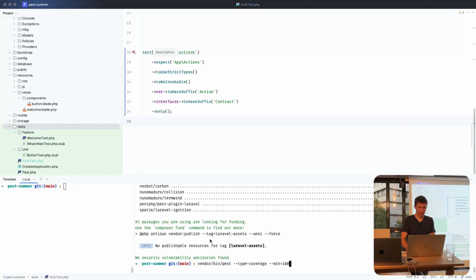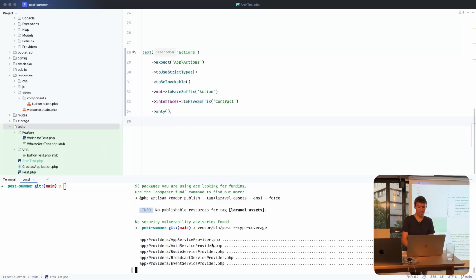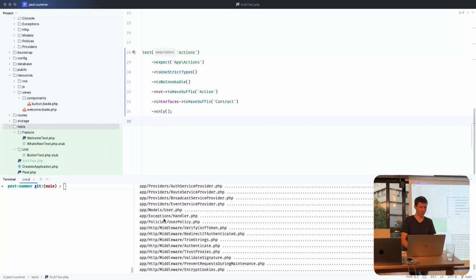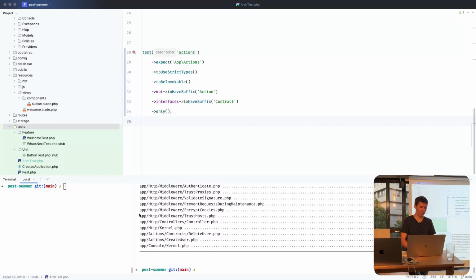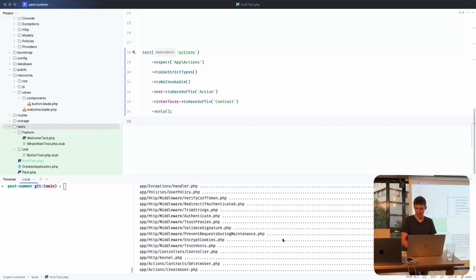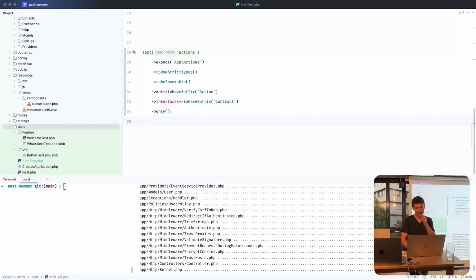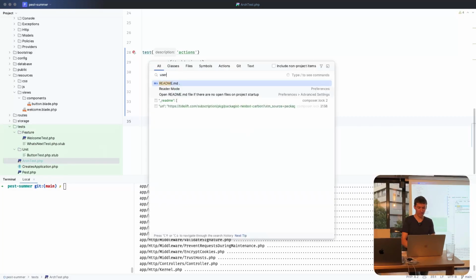Type coverage. We can run Pest, but this time with the type coverage parameter. So it's going to run the type coverage plugin instead of the normal Pest. And what it does, it shows a list of all the classes we have in our app folder, and it shows us which files are fully type covered and which are not. As we can see here, we have a user policy,